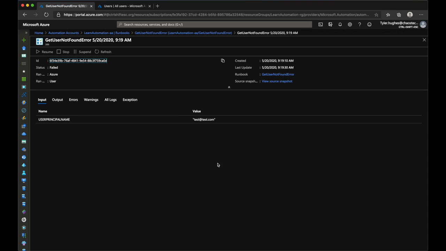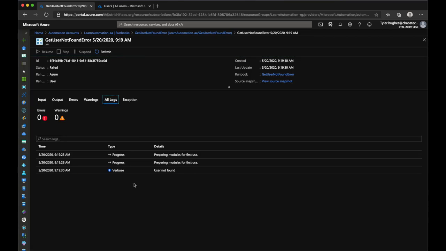Alright, so we do see that the status of this one actually failed, and if we take a look at the logs, we can see that we've written a verbose output saying that the user has not been found. So now the script does exactly what we want it to do. If you input an account that exists, it'll output the display name. If you input an account that does not exist, it will error out and let you know that the user